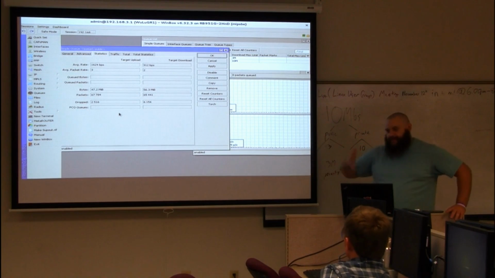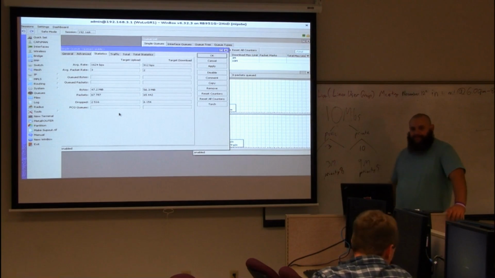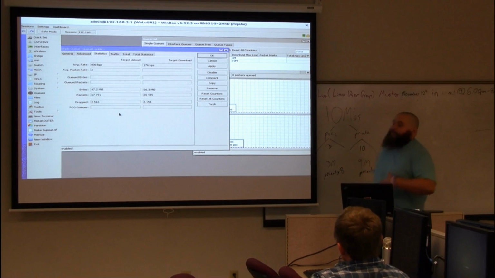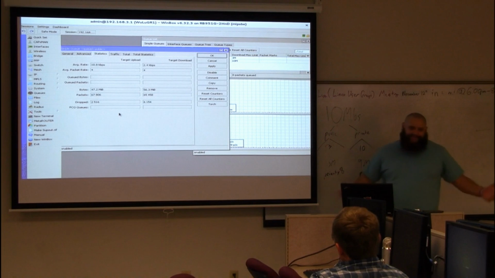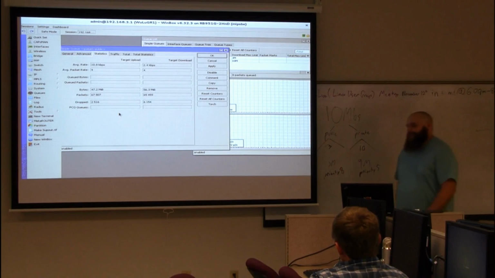Let's say it's not a hotspot. Let's say we want to give each of you guys your space. The simple way to do that would be to just set this to 9, then you share a 9, right? The non-simple way,